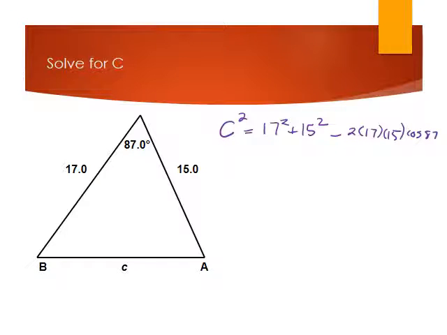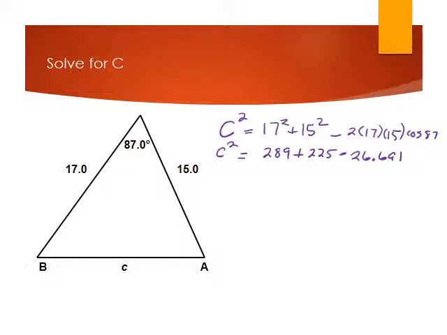I've used the included angle, the one we take the cosine of. If I simplify this, I get C squared equal to 289 plus 225 minus 2 times 17 times 15 times cosine 87, which is